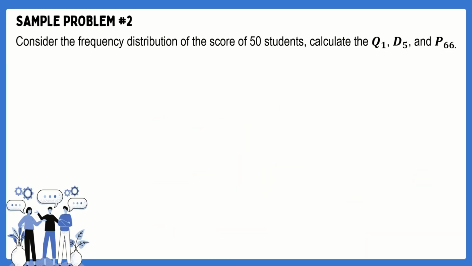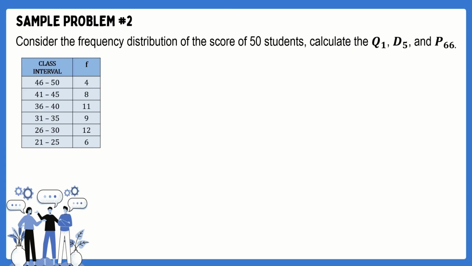So let's have first our sample problem. Consider the frequency distribution of the score of 50 students. Calculate the quartile 1, decile 5, and percentile 66. So we have here the frequency distribution. So what we're going to do is let's complete the frequency distribution of the